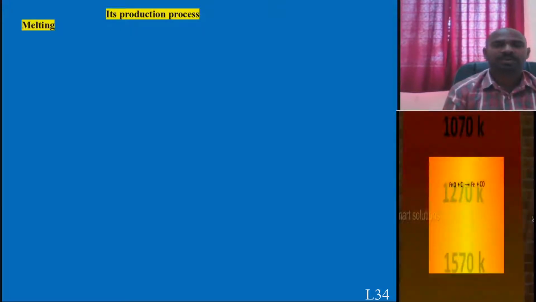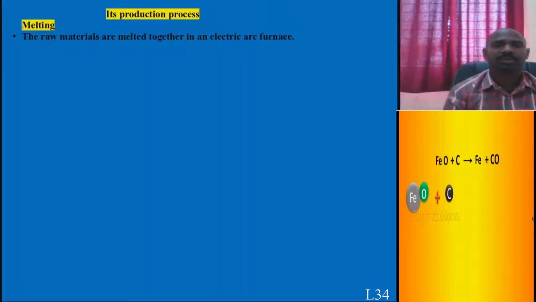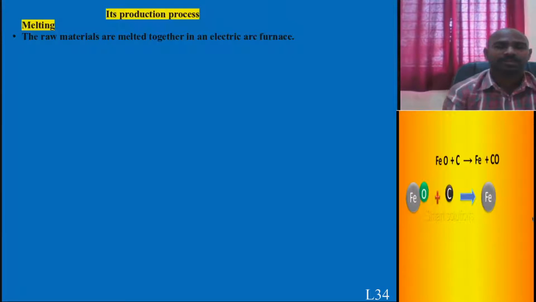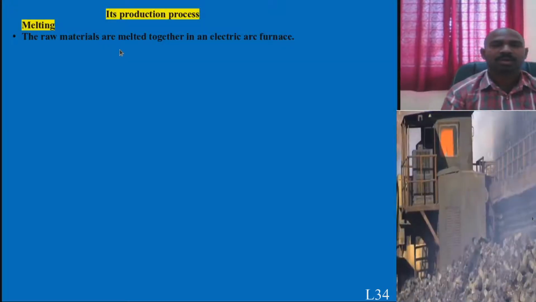Now the first step is you need to melt the raw material. Usually an electric arc furnace is suitable. You choose raw material, which could be stainless steel scrap, ferrochrome, high carbon ferrochrome, and alloying additions.